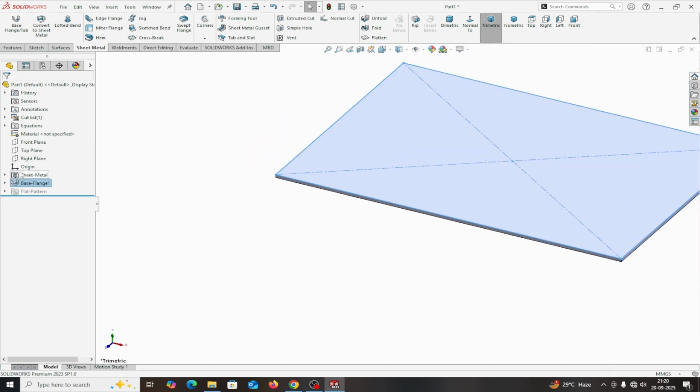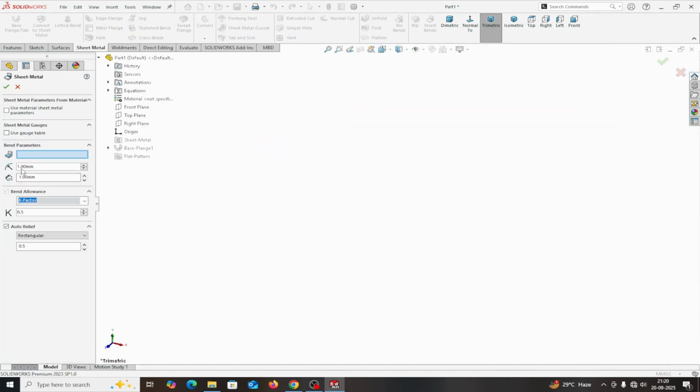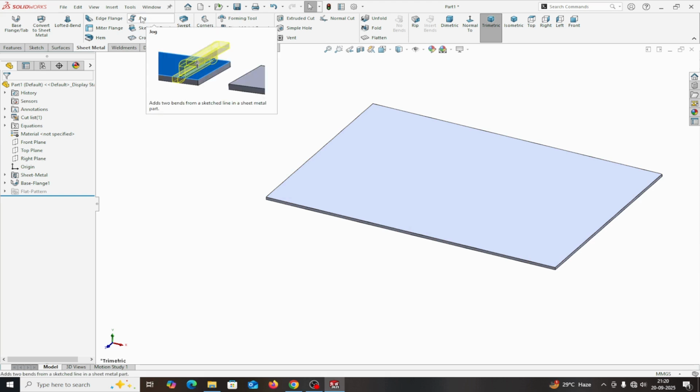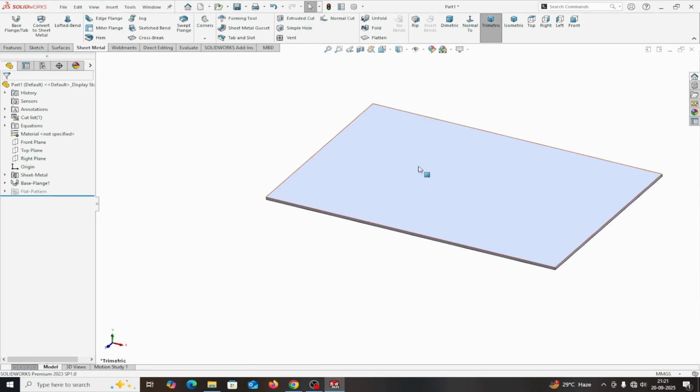From here you can change the inner bend radius. This is the radius and this is the thickness of the sheet. Firstly, for the jog command in sheet metal, here is the jog command, and you can see from here also the shape of the jog, what type of jog it is. I select this face,